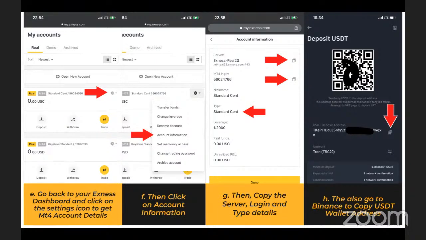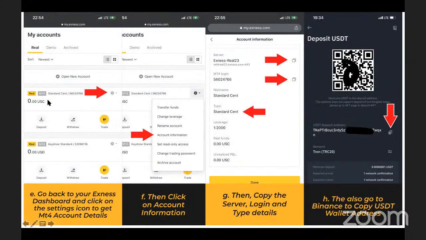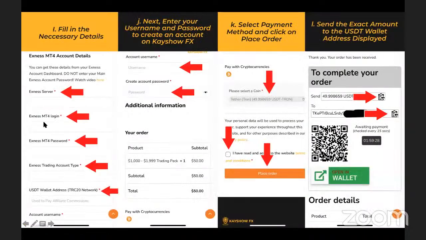And then go back to the form and paste it here. Then you come back here, MT4 login, you copy that one too, and then you come and paste it here. Xness MT4 password, you enter that MetaTrader 4 here as the password. All right. So that's why I said that you should ensure that you use MetaTrader 4 in the password there. So you just come here and enter MetaTrader 4. But if you use any other one still, make sure that you enter the correct password here.